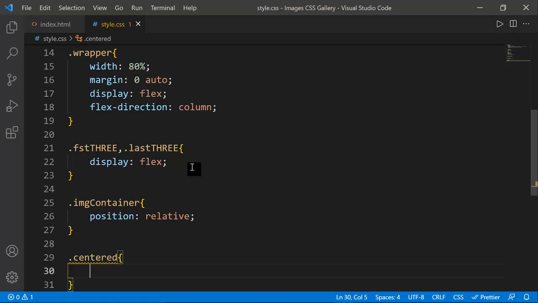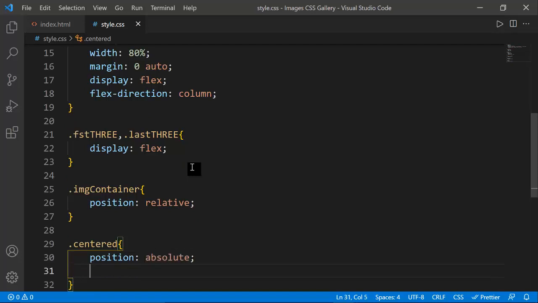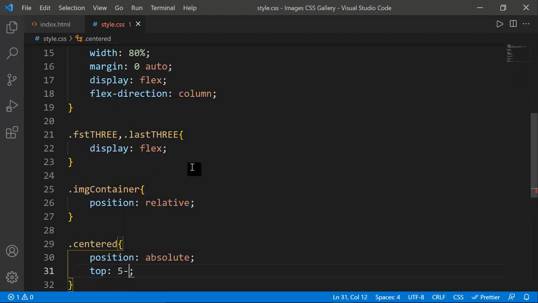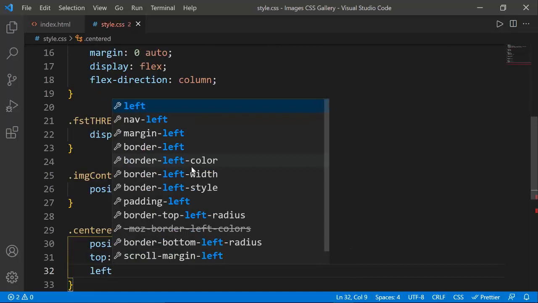And then what can I do with this class? First of all, I'm going to set position to absolute. And then what can I do? Yeah, actually it's a little bit confusing for now, for me also. So I'm just going to put top 50% and left also 50%,